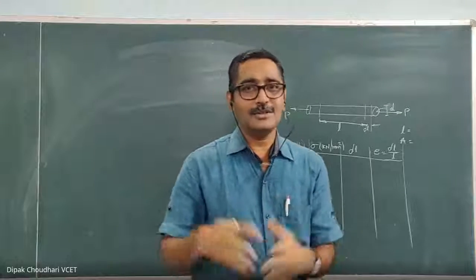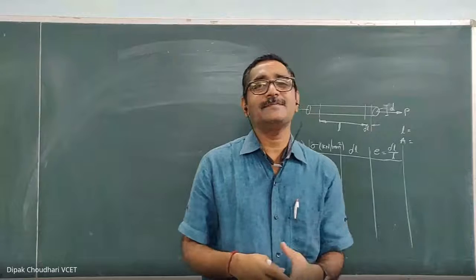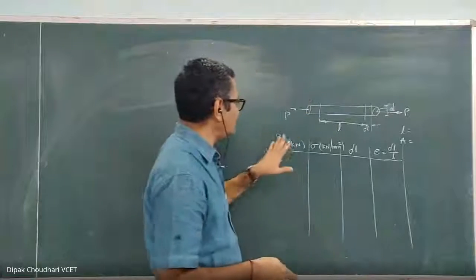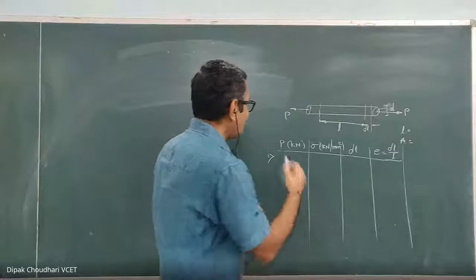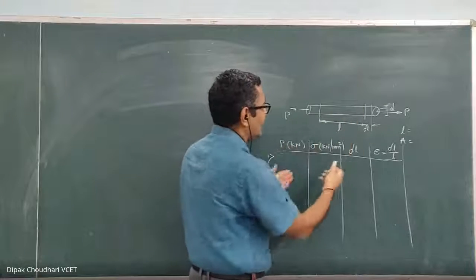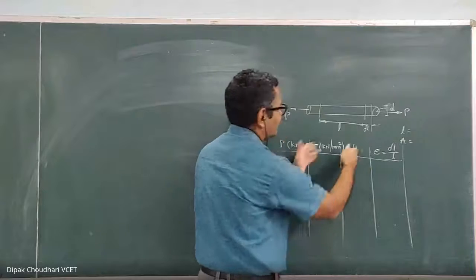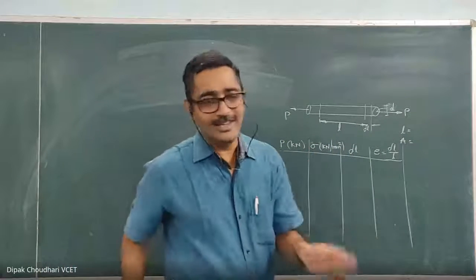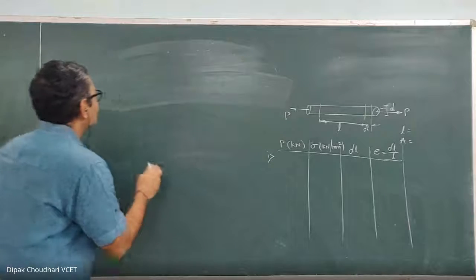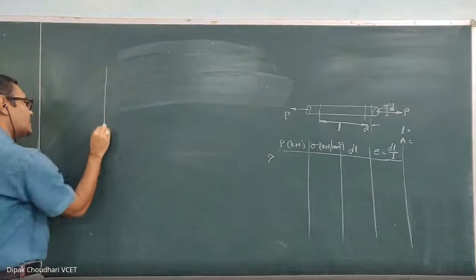You can directly get the values of P and delta L from the machine. On the machine there is a digital scale, and on it we can directly get the readings P and delta L. We are going to increase the force P gradually, and correspondingly, since A is constant, the value of stress also goes on increasing. From this, we are going to plot the stress strain diagram.